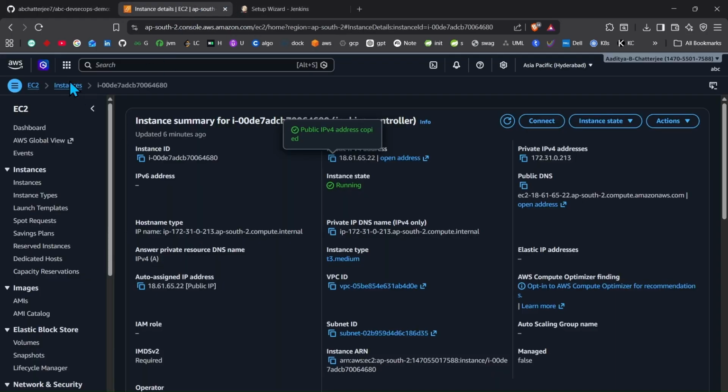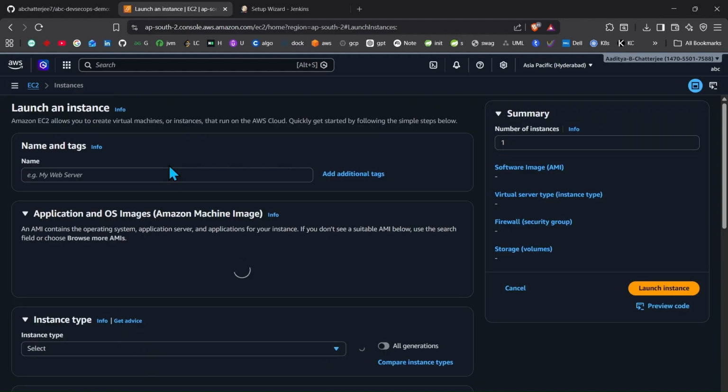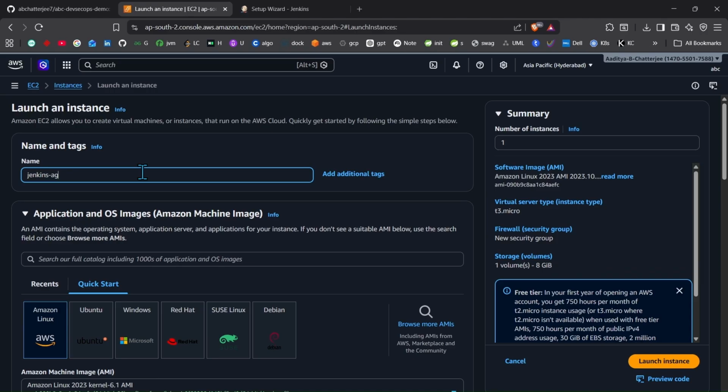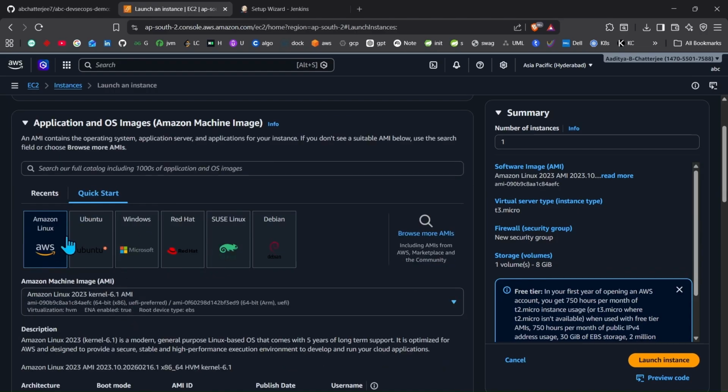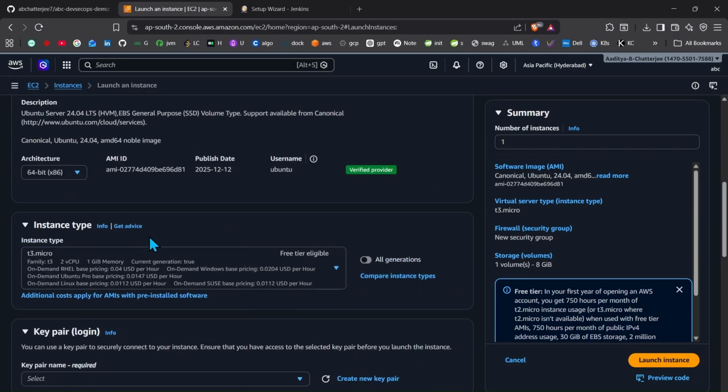So let me take one more instance. Let me create one more machine here, Jenkins agent. Choose Ubuntu, T3 medium, and then we will take,